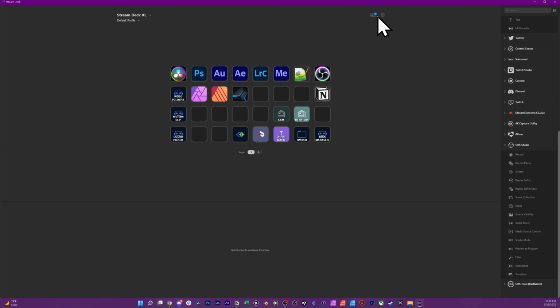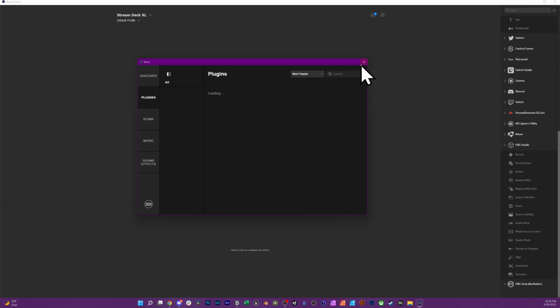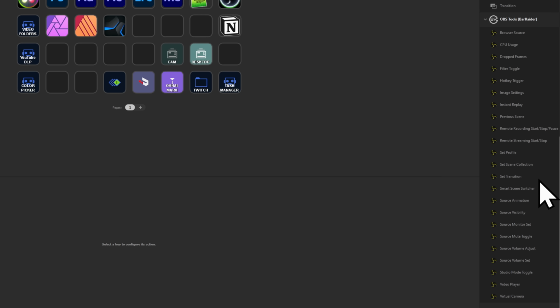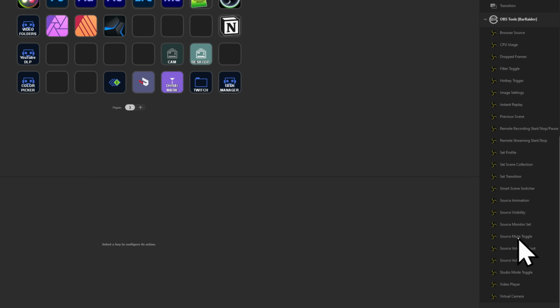But they're also implementing a lot of the features that BarRaider had to develop with the OBS Tools plugin. And if we take a look at that super quick here, I've installed it. You can go to the little plugin store right here. You can search for plugins and get cool stuff. A person by the name of BarRaider has developed a ton of OBS, or Stream Deck rather, plugins, and they developed an OBS Tools plugin, and pretty much all of these features were features in the OBS Tools plugin,